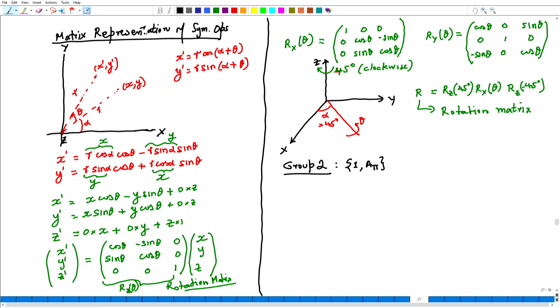Now, what would be the identity operation in terms of matrices? It would be the identity matrix. So, the identity operation is 1 0 0, 0 1 0, 0 0 1, the identity matrix,